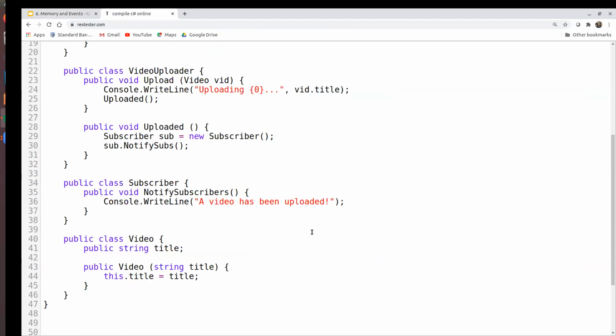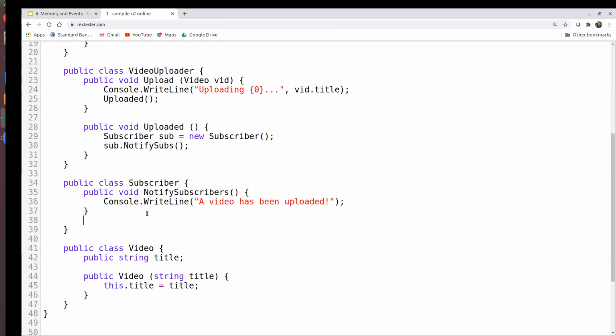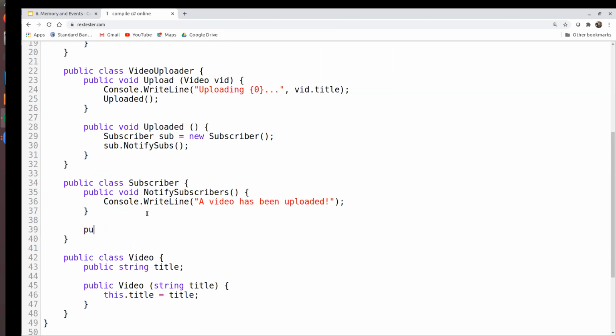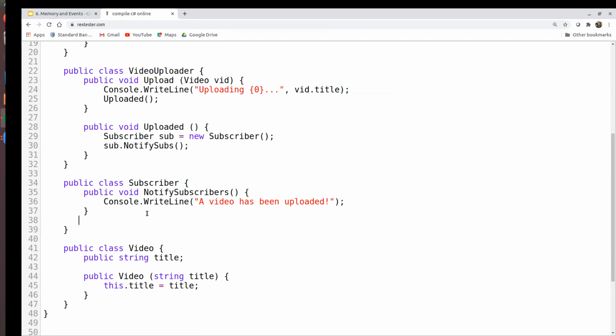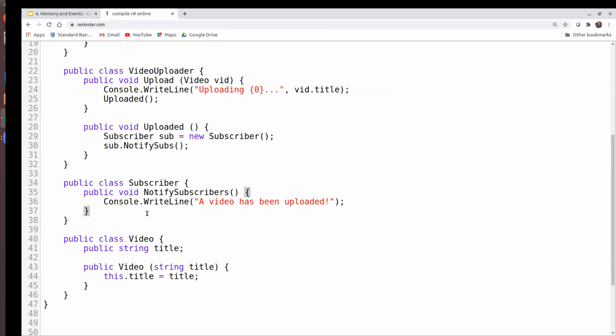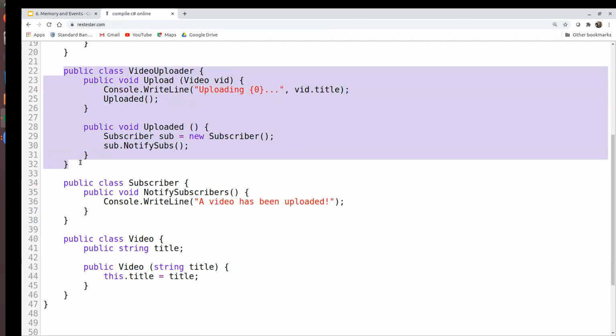For example, let's say you also want to be able to notify for bell notifications. So you add another method for bell notifications, for people who have clicked the bell. Bell notifications are a good example. Let's say we were adding that kind of functionality. In order to notify those people, I would actually have to go to the video uploader class and edit the